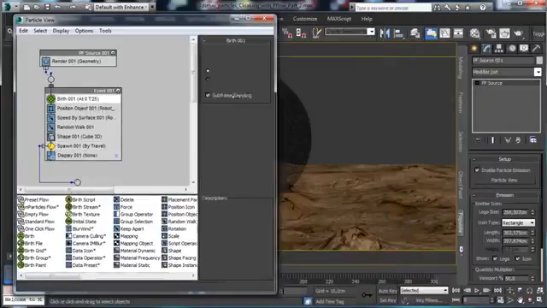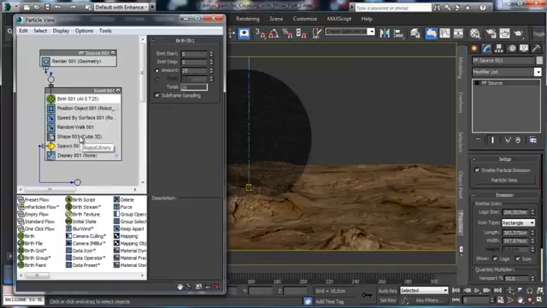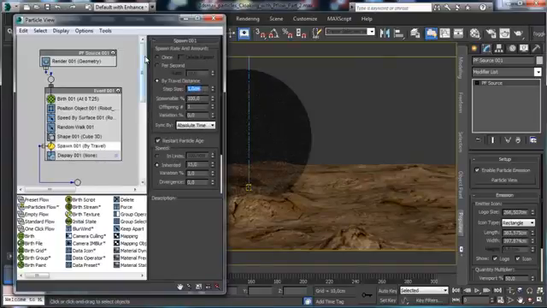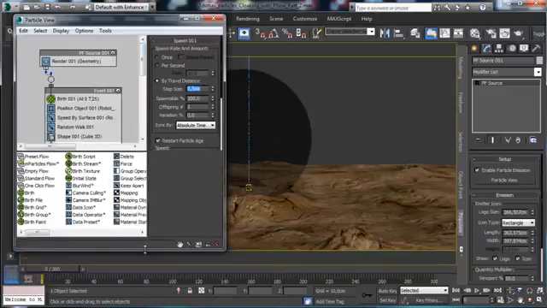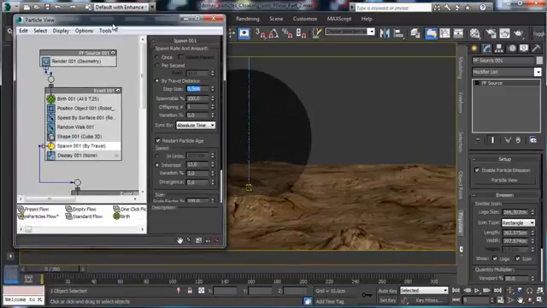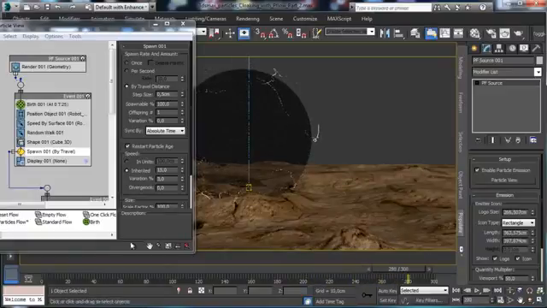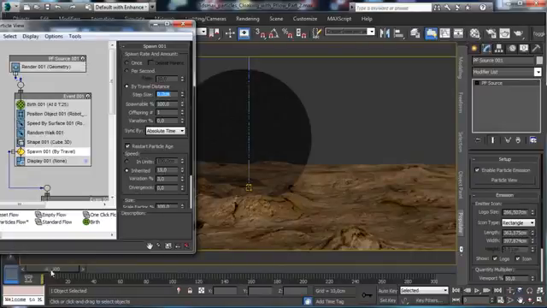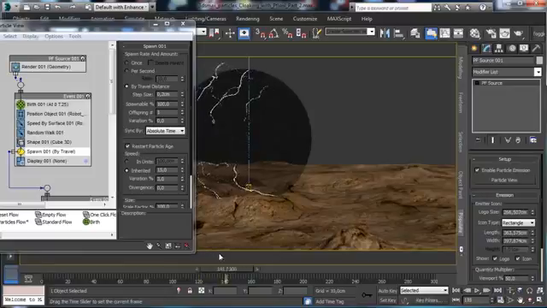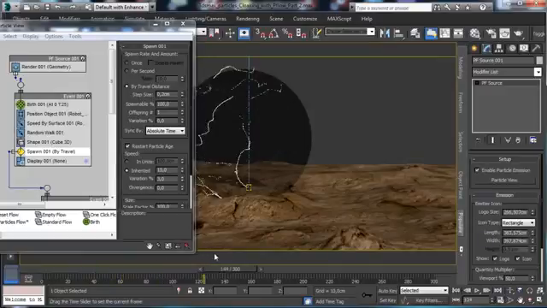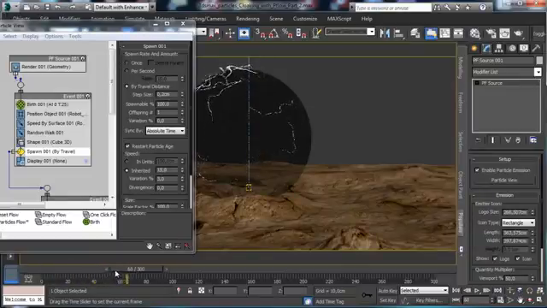So let's see, for example, with a distance of 0.5. Okay, you see that we have more particles all over there, but let's see with a lower value. I think that something like that can be nice, but let's see, we have